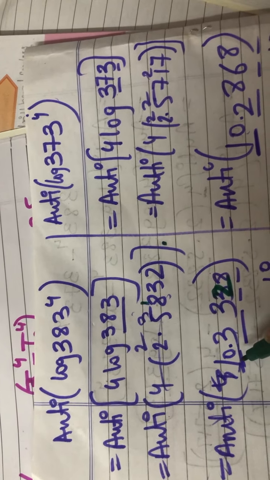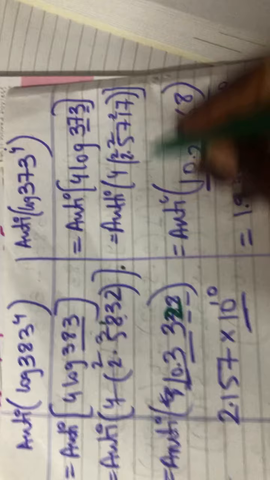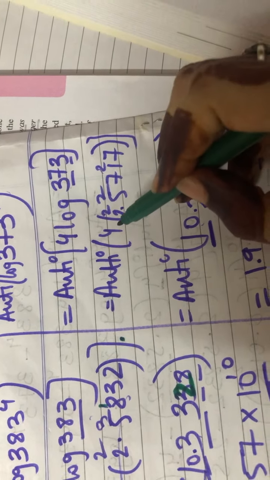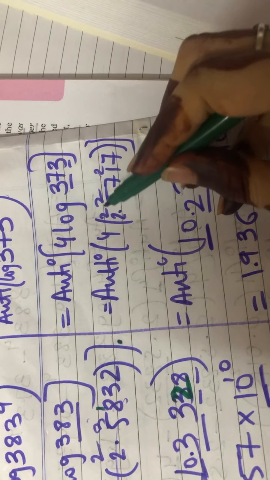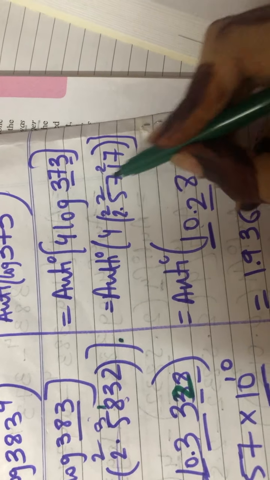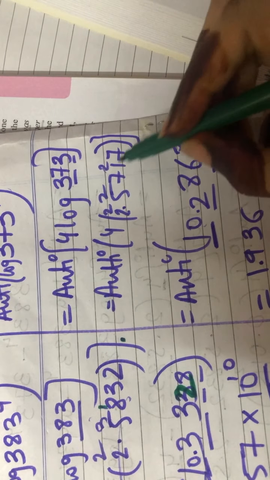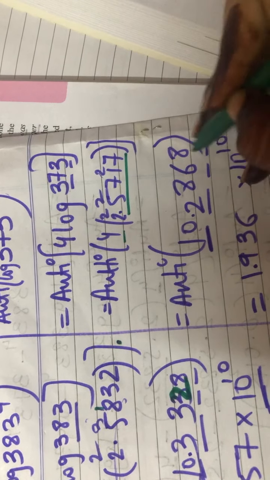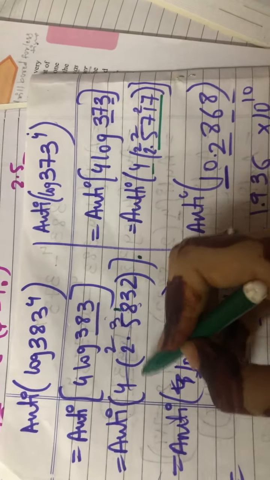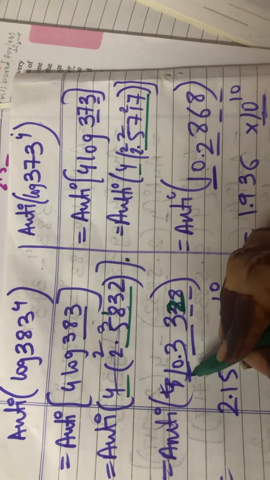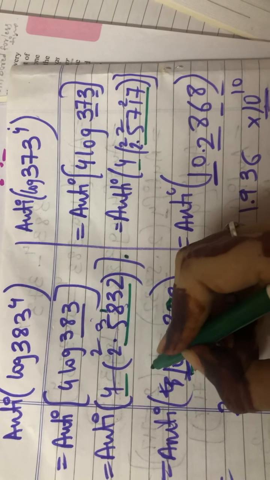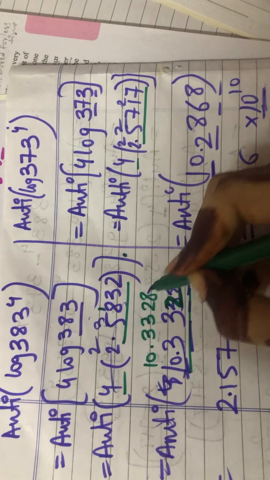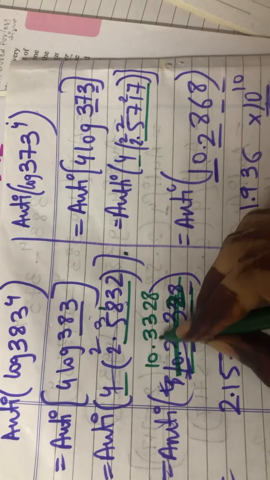4 2s are 8, 9, 10. So it is 10.3328, and here 4 7s are 28, 2, 4 1s are 4, 5, 6, 4 7s are 28, and 2 over here, 4 5s are 20, and 1, 22, 2 over here, and 2 over here, 4 2s are 8, 9, 10. So after multiplying this digit with 4, I obtained this number, and similarly by multiplying this digit with 4, this is the number which I have obtained, that is, let me write it clearly, 10.3328.